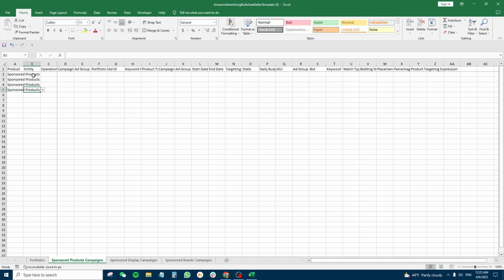Then going to the next column, which is Entity, here you are going to select for the first row Campaign, followed by Ad Group, Product Ad. Then if you scroll down, you'll see Product Ad. So select this. Okay. Then for this last row, you're going to